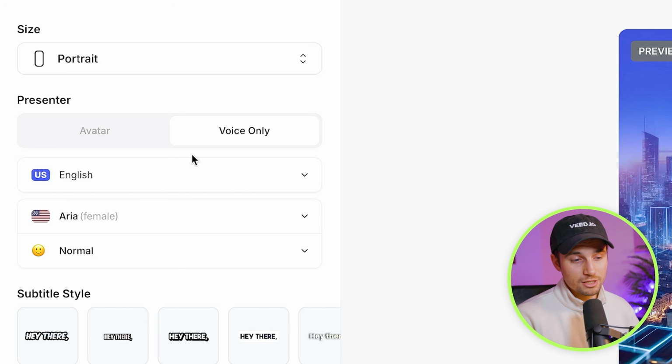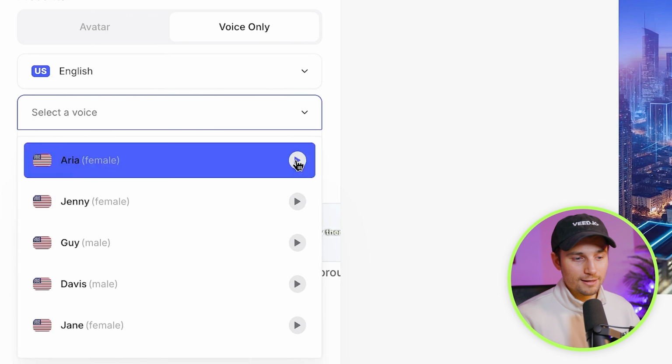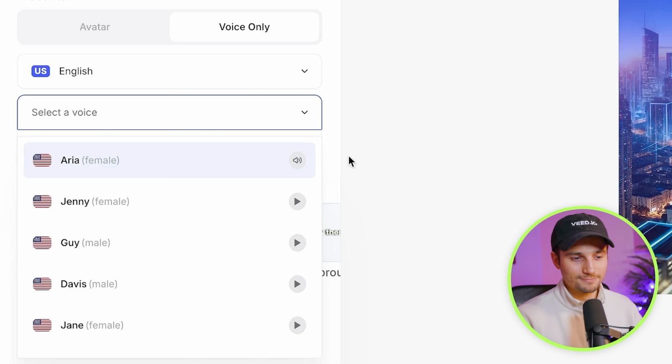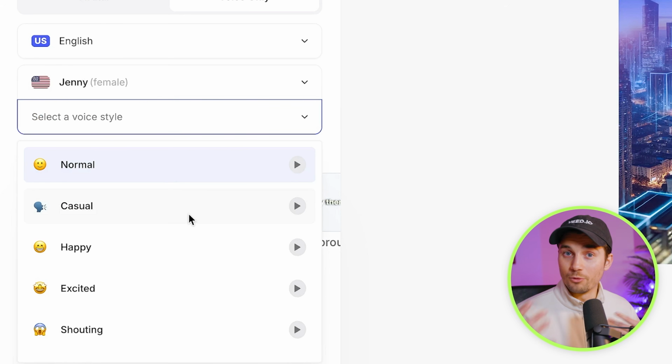You can also choose the language and the type of presenter. There's a whole list of them. So you can just go through them. You can click on the play button to hear what it sounds like. In this case, I want to have a lady voice that's just kind of calm, so I might just go for... Now, I might go for Jenny, so I'm going to click on Jenny. And for this voice, you can also choose the type of narration. So, very casual or very excited or shouting. I wouldn't recommend shouting for a meditation video, but you can choose whatever you like.